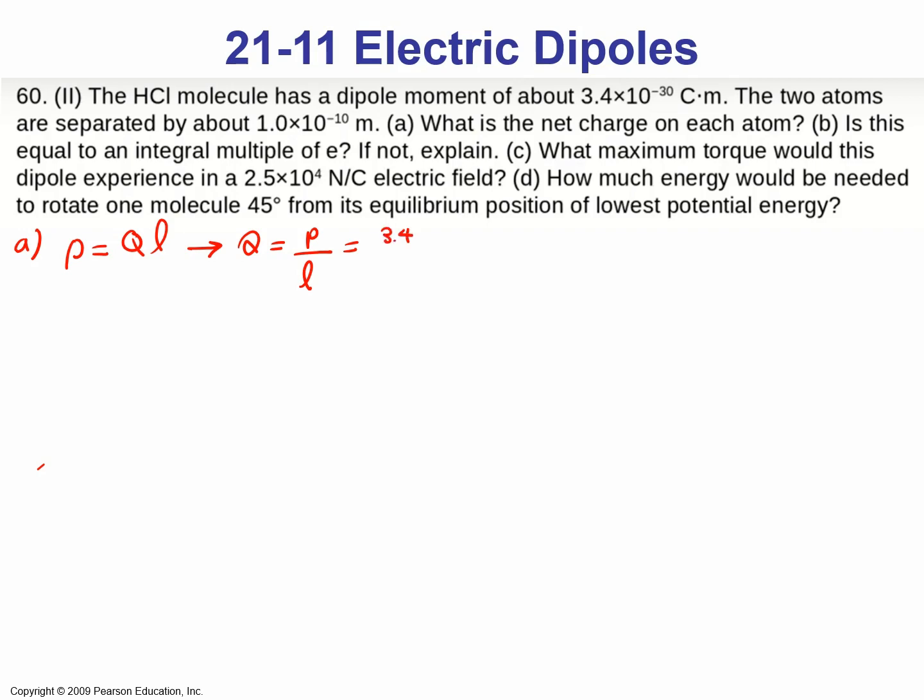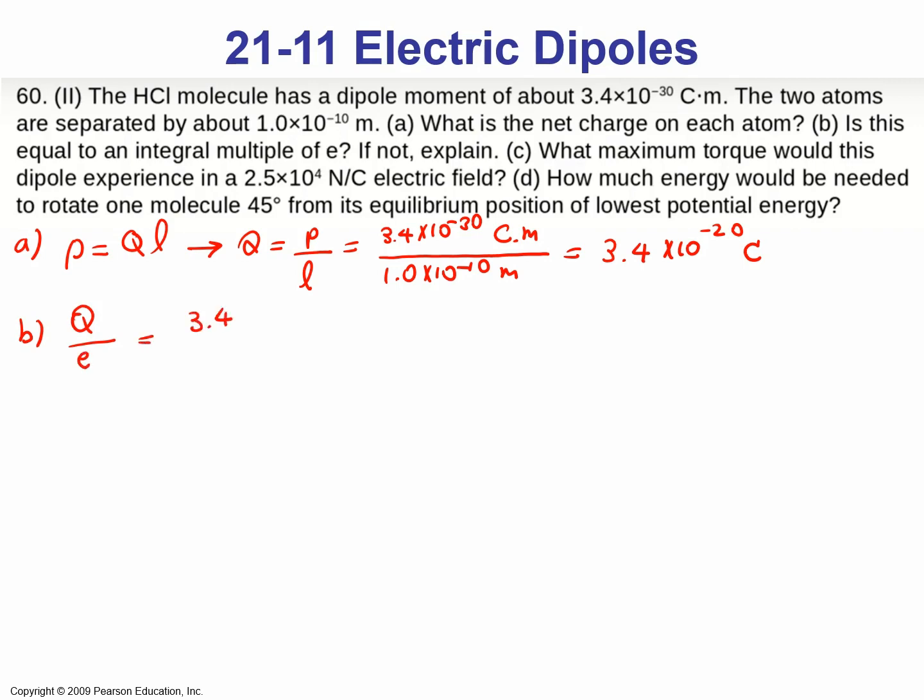We have 3.4 times 10 to the power minus 30 Coulomb times meter divided by their separation, which is 1.0 times 10 to the power minus 10 meter, and that simplifies to 3.4 times 10 to the power minus 20 Coulomb. Part B is asking if this charge is a multiple of the electric charge e. So we divide Q by e, which is 3.4 times 10 to the power minus 20 Coulomb by 1.6 times 10 to the power minus 19 Coulomb, and it gives us 0.21, which is not an integer multiple of the